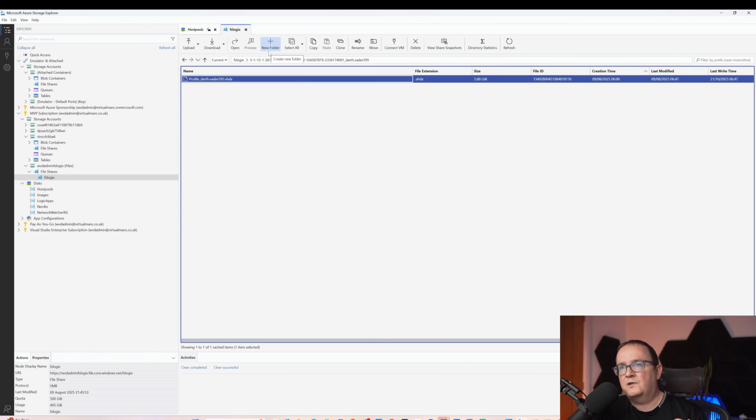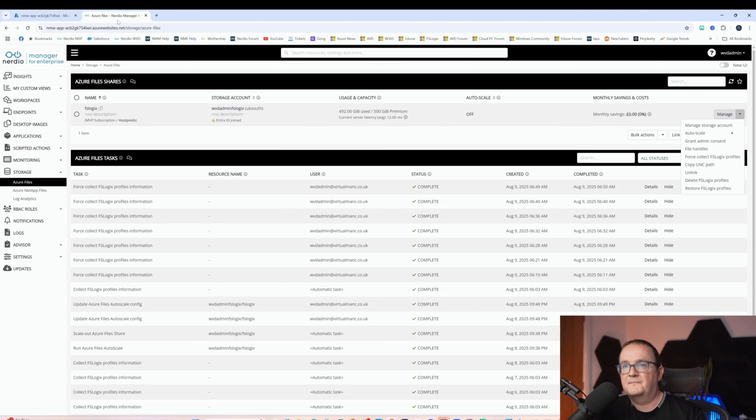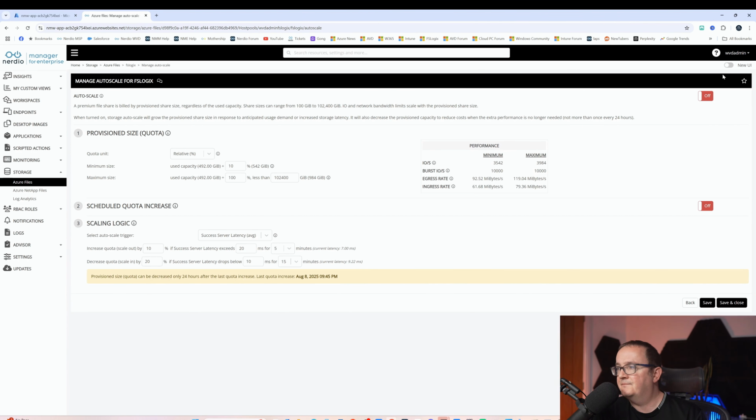So we could do it a couple of ways. As I mentioned, I'm going to do this at the storage account level, and I'm also going to do it on an individual profile level as well. So how can we do this using Nerdio? You can see here I've got autoscale turned off. Here I've got a 500 gig profile storage account. If I had this at 10 terabytes, for example, what Nerdio would do, it would actually reduce it down to the minimum, right? So I can go into here, I can enable auto scaling,